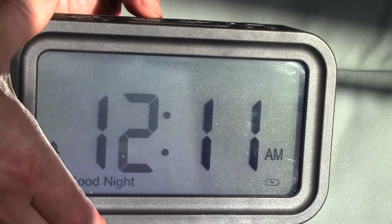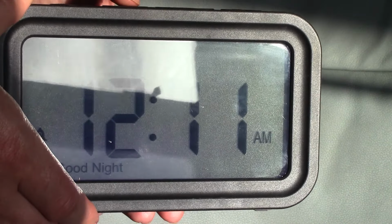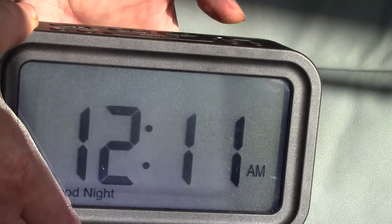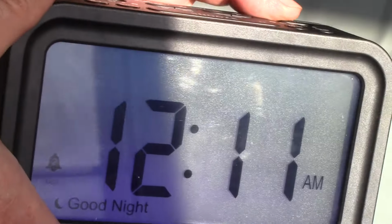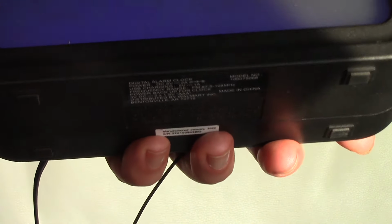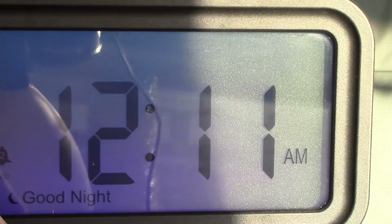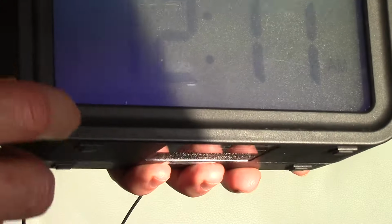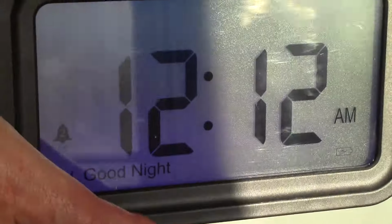You can change the alarm as well. Just go to time, set, preset, and you can set it to go off on radio, which shows here, or you can set it to buzz by just setting it to here. See number 2. So you can set it, go to set,